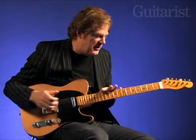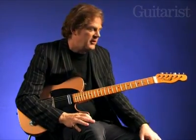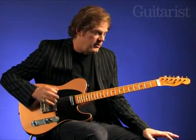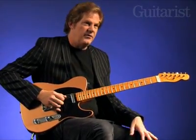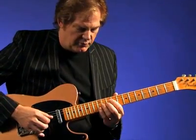So if you're just getting into country guitar, pedal steel guitar is actually a really important component, but oftentimes there's no pedal steel in the band. So the guitar player has to do some of the pedal steel licks, and they usually require bending one note and holding another one stationary. So probably, you know, one of the easiest and one of the first ones to do is that, say you're playing in the key of E, you move up to the 12th fret,